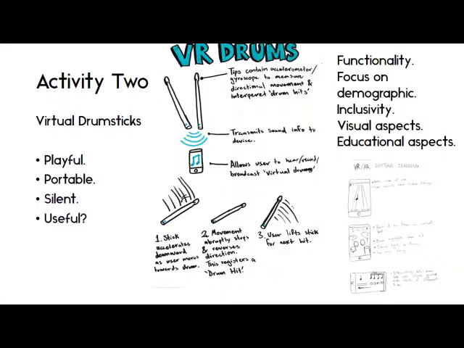For Activity 2, I presented an early draft concept to peers and tutors for feedback. I presented a concept of virtual drumsticks. I aimed to design a stick that allows the user to play a non-existent virtual drum kit based on the axis and speed of their hand movements. This idea was synthesized by my own habit of air drumming along to songs or imitating rhythms with imaginary drumsticks.